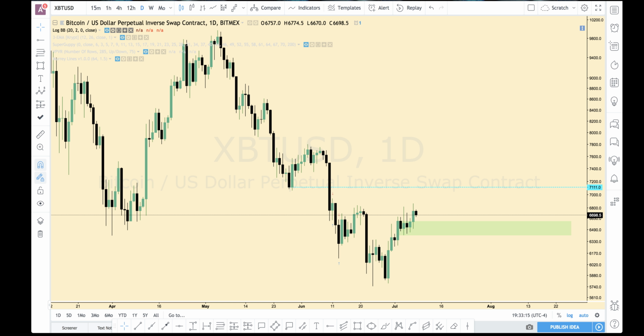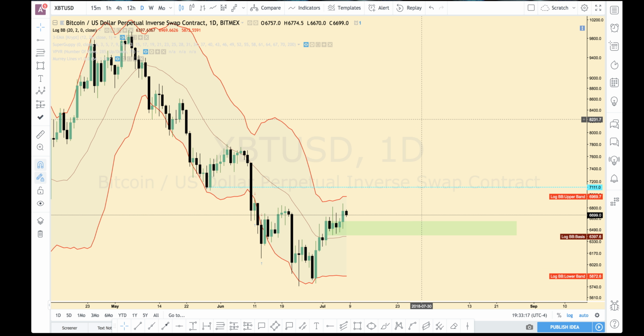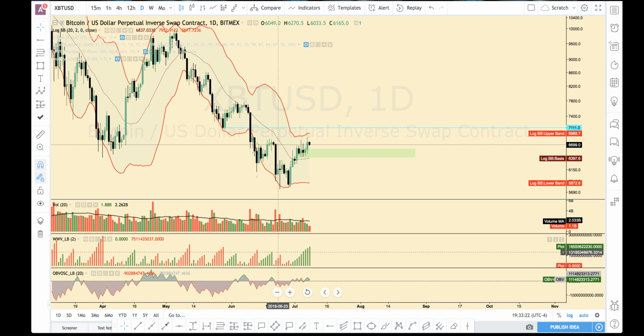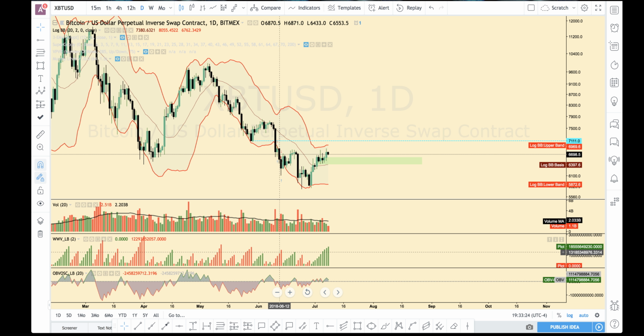I can't really think of too many bullish scenarios just because volume is the primary indicator, and that's why I led the video off with that. Volume looks horrible. If you look on the daily time frame,